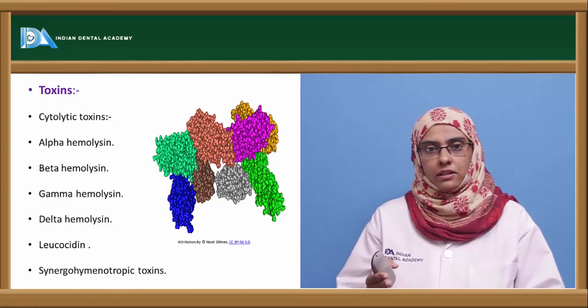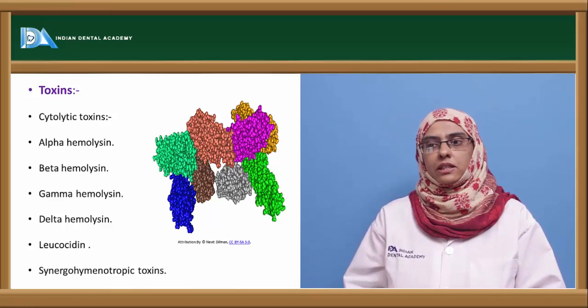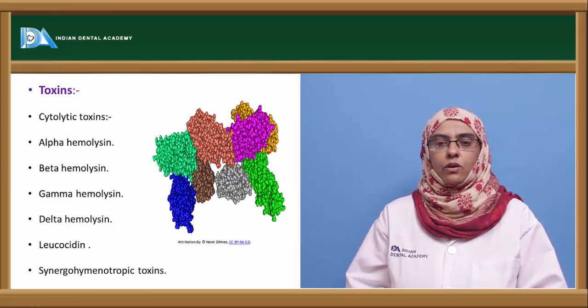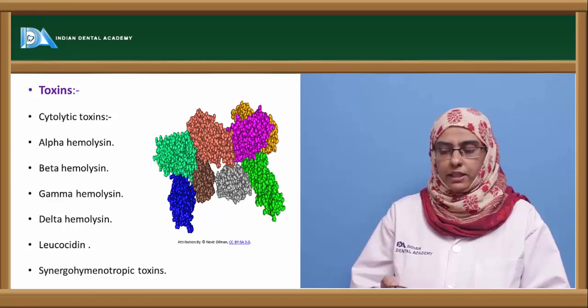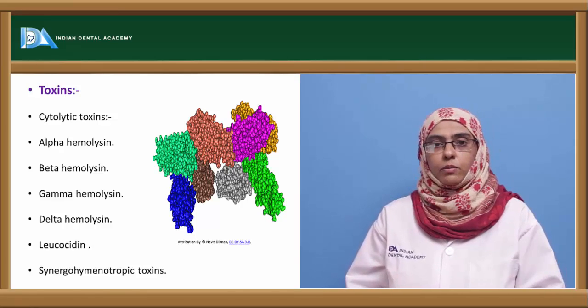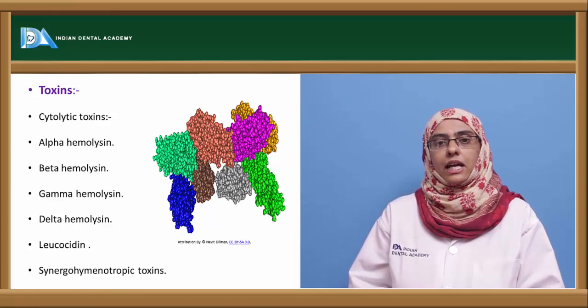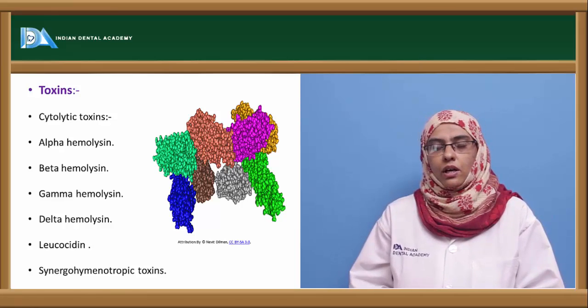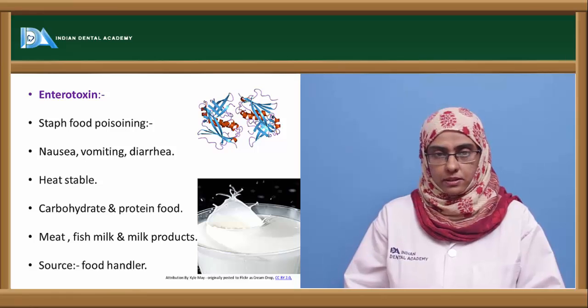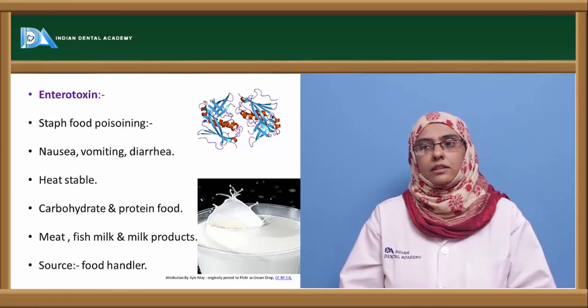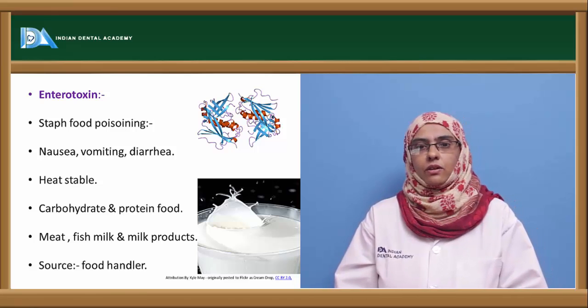This is the bicomponent that is present in the leukocidin and the gamma hemolysin. These are called synergohymenotropic toxins because they have a bicomponent that helps in carrying out their activity. Now coming to the enterotoxins that are released by this organism, these toxins are called the staphylococcal